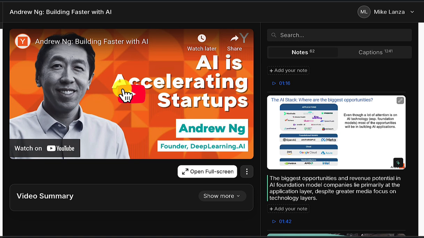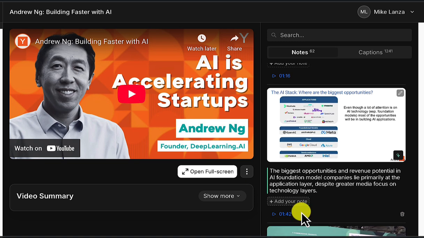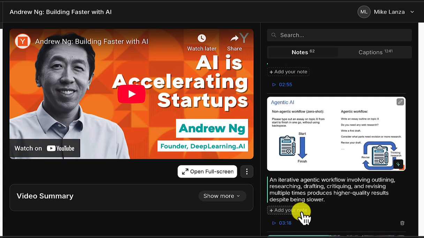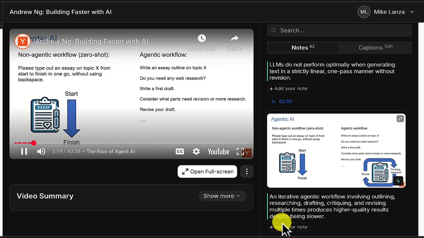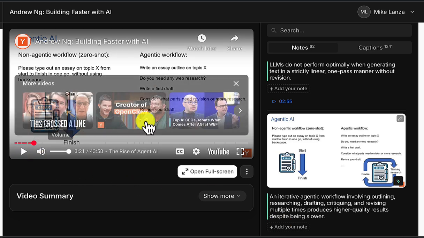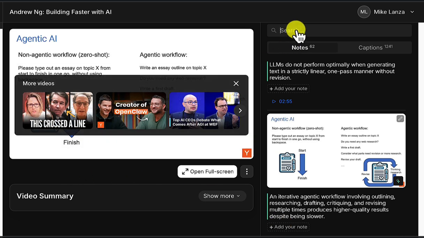I don't have to start from the beginning playing the video here. I can just hop around kind of non-linearly, and if I say I want to watch that part of the video first, I can click there. With the agentic workflows, we can go to the AI Assistant and start asking the video about that point. I can also do a search and find, let's see, agent,